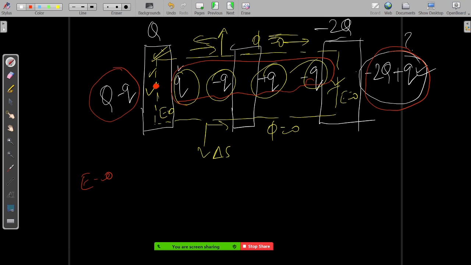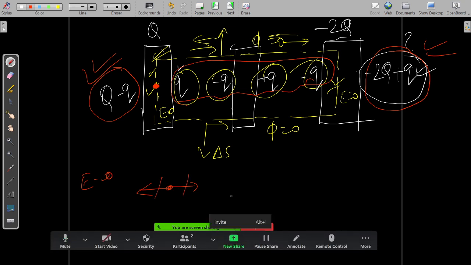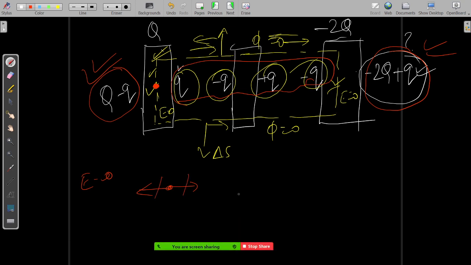That means that this particular charge, this charge q, minus q, is concentrated at a point. Whatever electric field it is giving in this direction, the same electric field, this particular minus 2q plus 2q is also going to give in this direction. That's why these are going to get cancelled out.